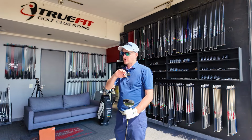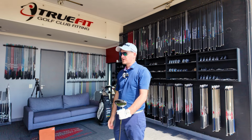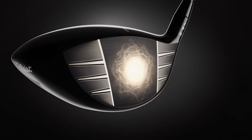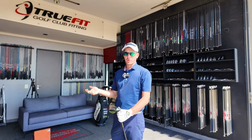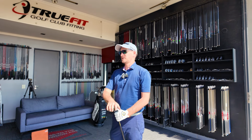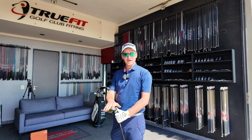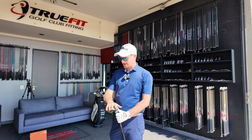Guys that swing it at high, super ridiculous club head speeds and find the middle of the club, they generally go into the 3 or 4. And the reason behind that is guys with higher club head speed spin it too much. You can change the ball and do all you like to go into a low spinning ball, but the club also needs to give assistance with regards to launch and spin. So definitely a long hitters golf club, high club head speed golf club, which is not in my category, but